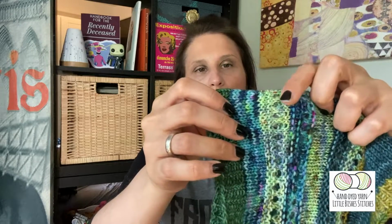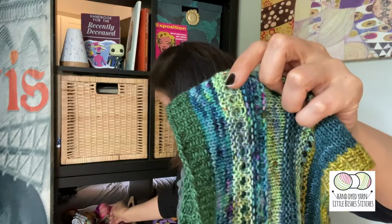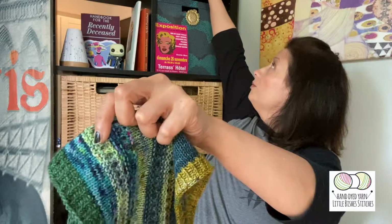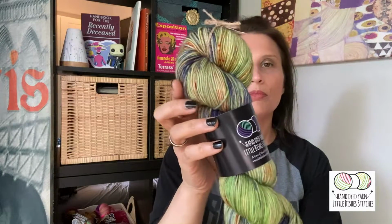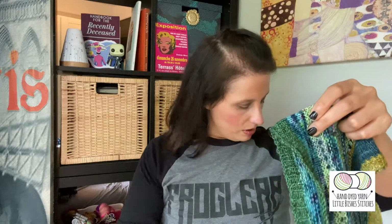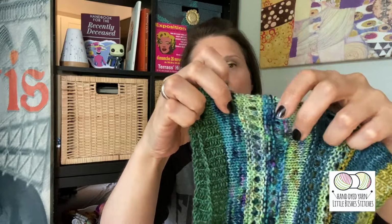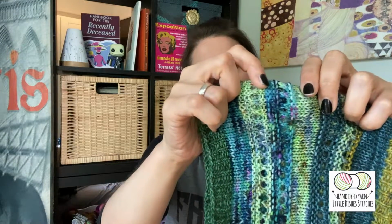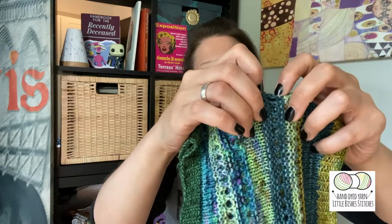And then I moved on to our Absinthe colorway, which is a colorway that has been in the shop for quite some time now. Oh, here it is. This is our Absinthe colorway. And I really love knitting with this colorway too. I've also knit a pair of socks with it. But nevertheless, I thought that it would be really cool in this combination with this color scheme. So here's our Absinthe. And then it goes back to My Electricity, and then Absinthe, and then Heart of the